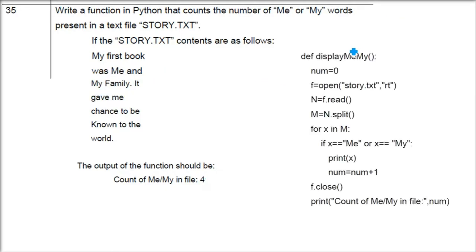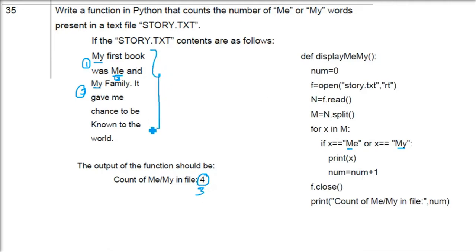Please understand case sensitivity. If the solution is like this, the answer will not be 4, it will be 3. The answer provided by CBSE is 4, but the solution they have provided will not give you 4, it will give you 3, because capital MY, this is capital M and E, will be counted 2, and then the third one is "my family" here, third count. So 3 counting, but the counting is 4. Why it is wrong, let me tell you.